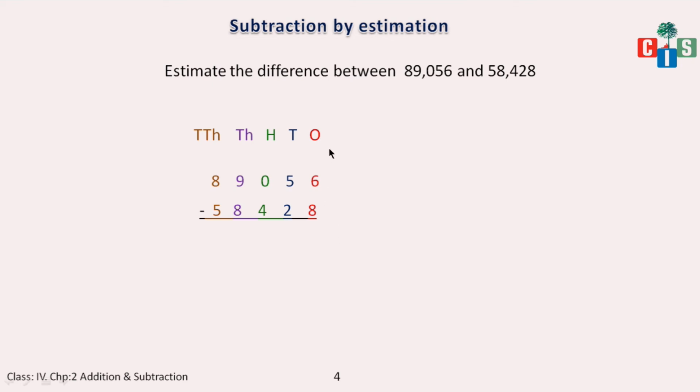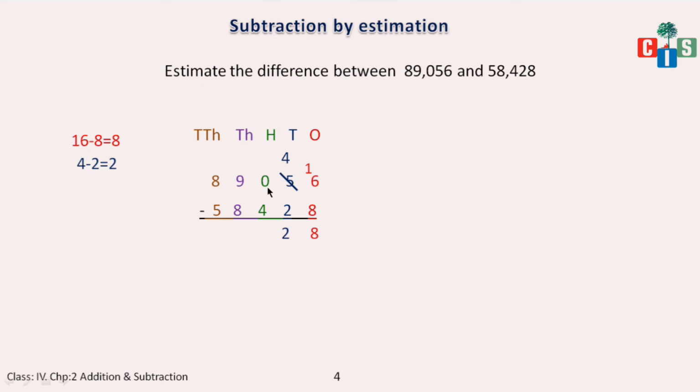Now starting the subtraction from the extreme right, 6 minus 8 not possible. Borrow next door. 5 changes to 4 and 6 changes to 16. Borrowing is over, so I'll start doing subtraction. 16 minus 8 is 8. 4 minus 2 will give me 2. Now 0 minus 4 is not possible. Is this an example of going across, or are you stopping at 0? You are stopping at 0, right? Here you are not going across to borrow something.